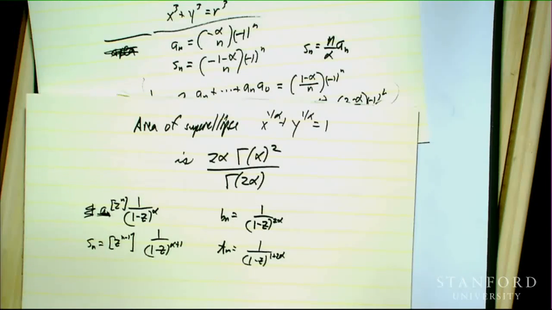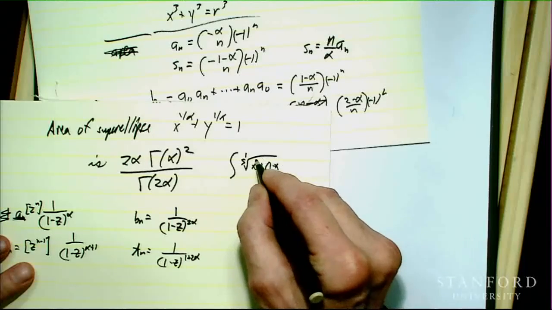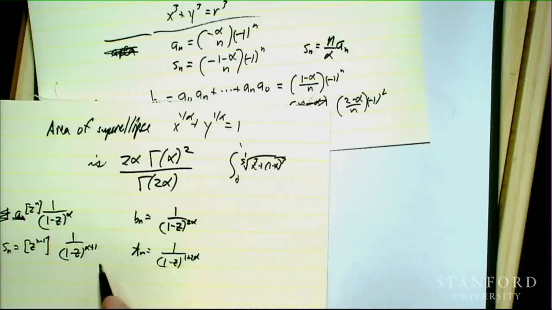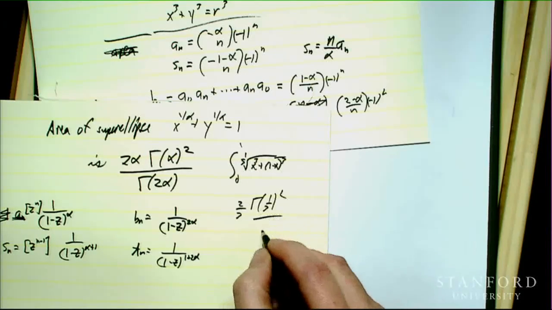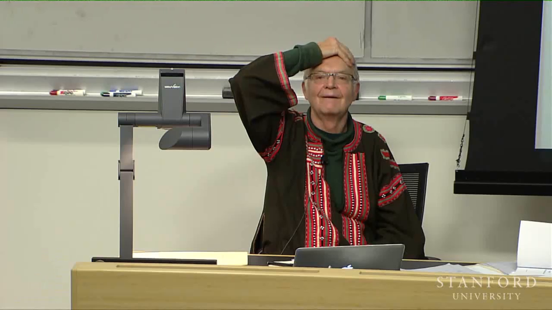Anyway, in order to calculate the area of a superellipse by calculus, you have to evaluate an integral that I didn't know how to. I mean, are you good at integrating the cube root of x cubed plus 1 minus x cubed? The integral from 0 to 1 of this turns out to be 2/3 times gamma of 1/3 squared over gamma of 2/3. So yeah, the original motivation was this root pi that came up in the asymptotics for Catalan numbers,